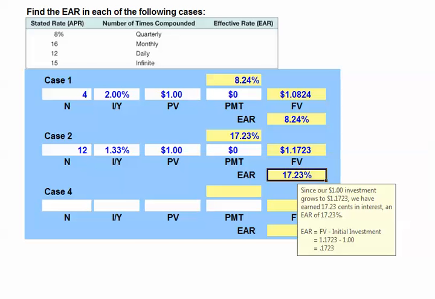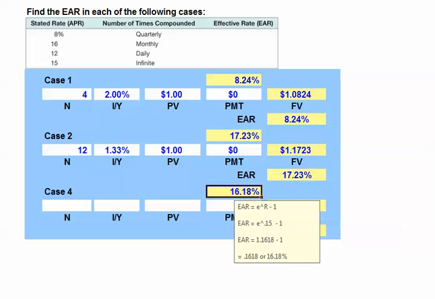1.1723. We have earned 17.23 cents in interest on our initial investment, or an EAR of 17.23%. In case number 4, we're given a 15% interest rate and told that we have infinite or continuous compounding. The formula for continuous compounding is our exponential function, e to the 0.15 power minus 1. In solving this, we get an EAR of